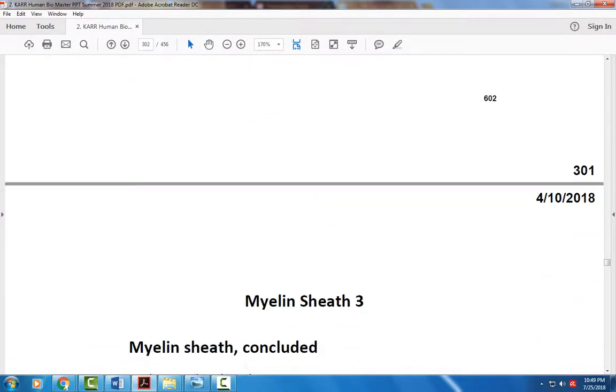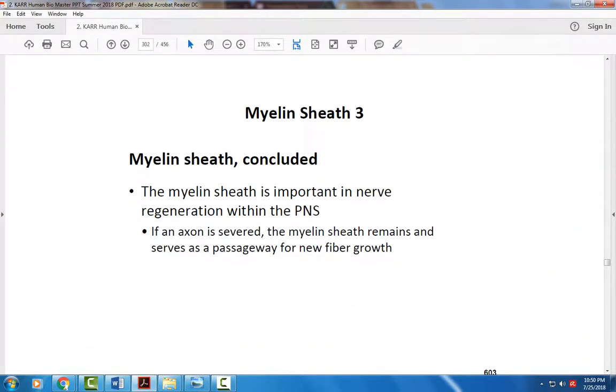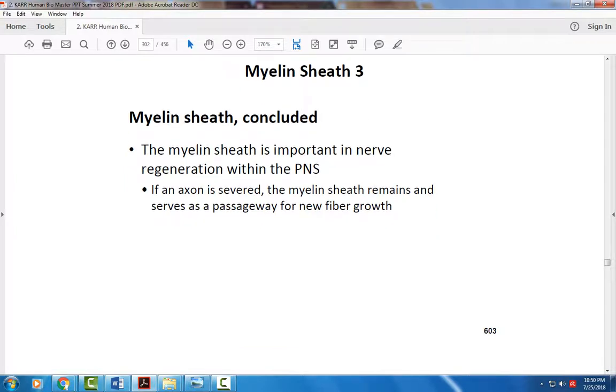So if we see that we have damage to a neuron, if the myelin sheath is intact, then that nerve can regenerate. So that's important for people that have maybe some nerve damage due to some slipped discs in their back. As long as they do the surgery and repair the damage, to the alignment of the spine to take the pressure off the nerve, sometimes those nerves can regenerate. So it's amazing that the body can heal, and the myelin sheath plays a really important role in helping axons